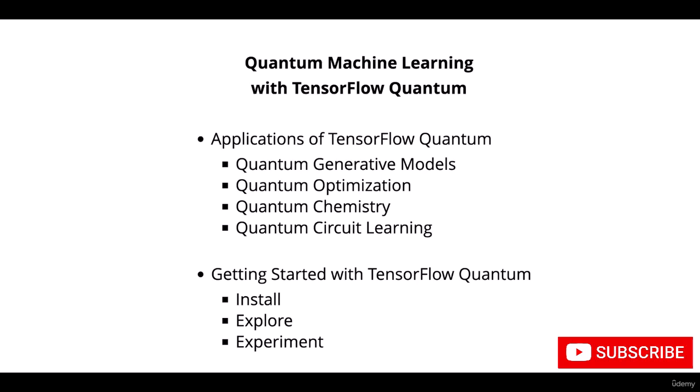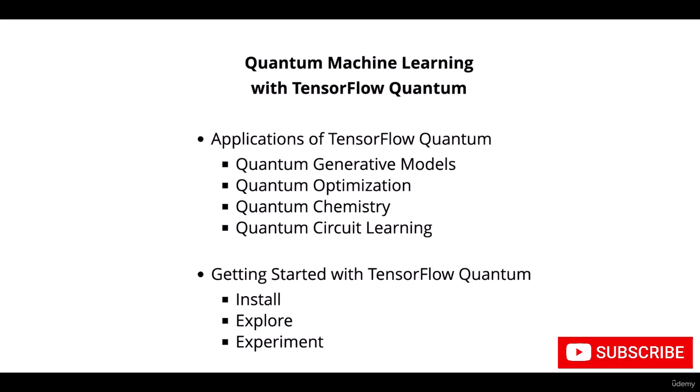The applications of TensorFlow Quantum are quantum generative models. These generate quantum data samples and distributions using variational quantum circuits. The next one is quantum optimization. It solves optimization problems using quantum algorithms and variational quantum eigensolvers. The next one is quantum chemistry, simulate molecular. So it helps you simulate molecular structures and properties using quantum machine learning techniques. The last one is the quantum circuit learning, which trains quantum circuits to perform classifications, regressions, and other machine learning